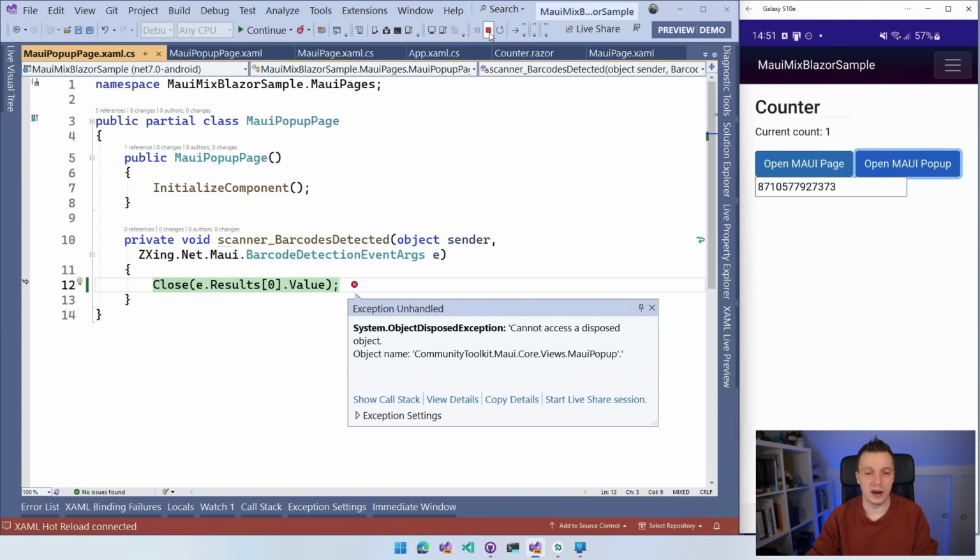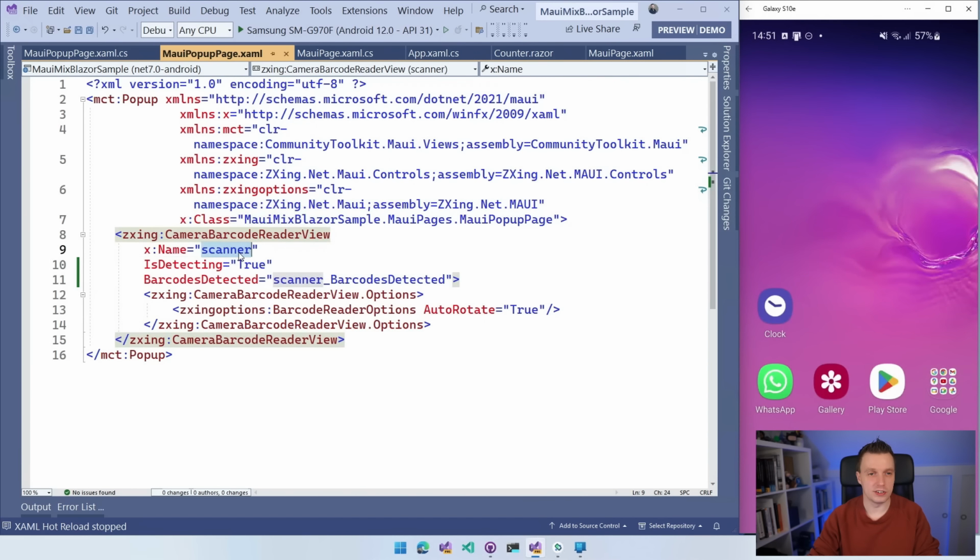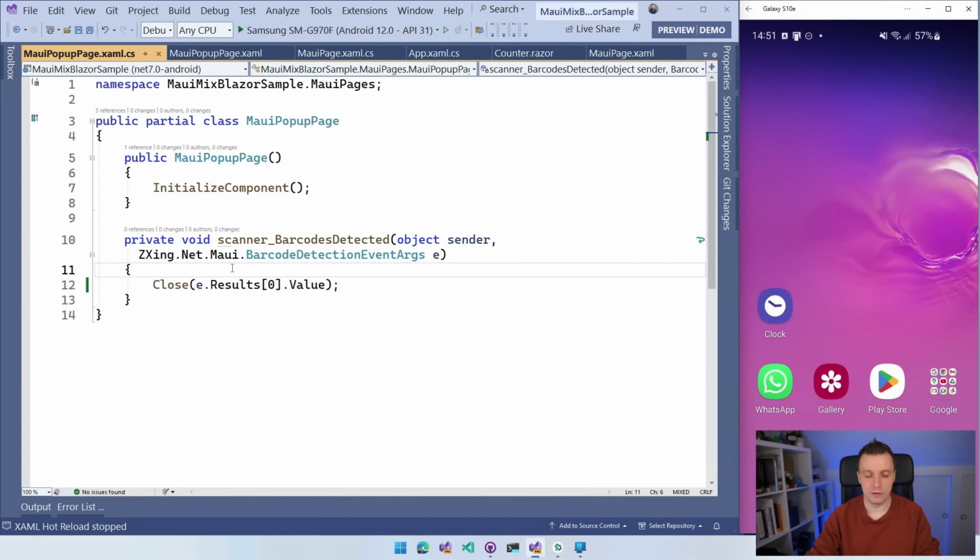And I will tell you why this is happening. I need to actually stop scanning the barcodes right here. So I want to go back to my pop-up page and use this scanner. I made a reference here. I want to say scanner.IsDetecting to false so that it stops actually scanning and it cleans up all the resources and that kind of stuff. And that will actually make it work here. So that is how you can scan your barcodes with .NET MAUI Blazor Hybrid and integrate .NET MAUI Blazor Hybrid